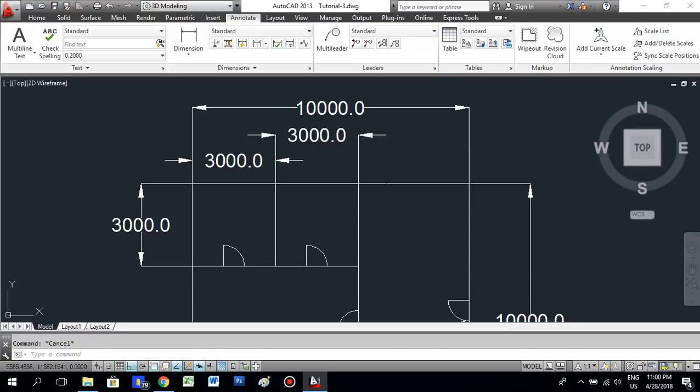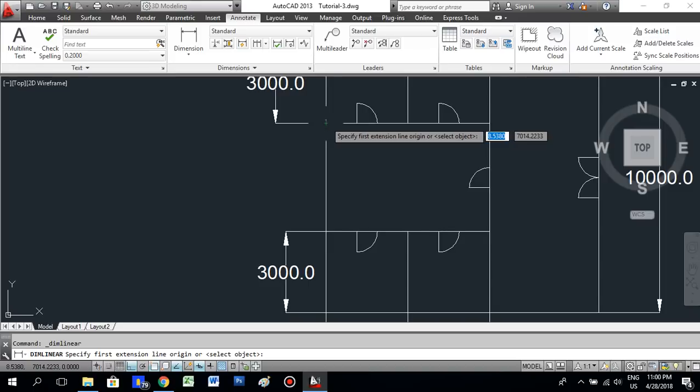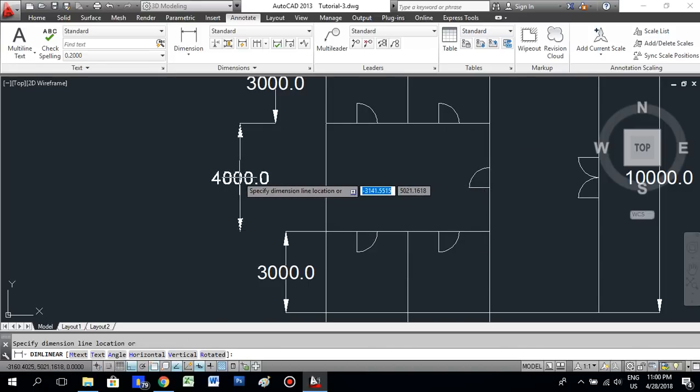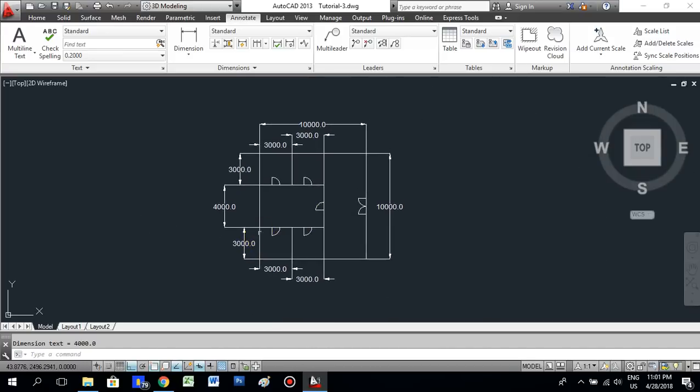Press escape to deselect it. Okay, now we will give these dimensions as well. That's it. Okay, now I will show you how to change the color of these dimension lines, because this floor plan, the house plan, we did in white color, and we better give some different color for these